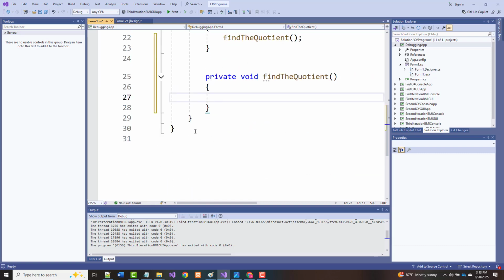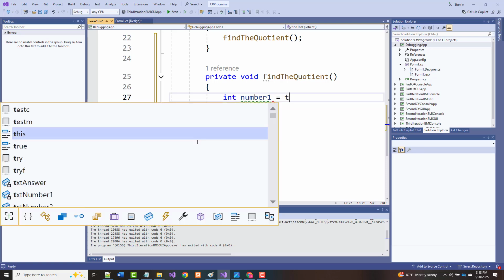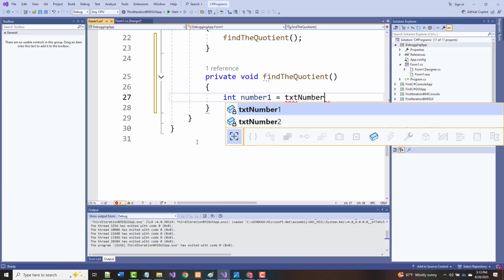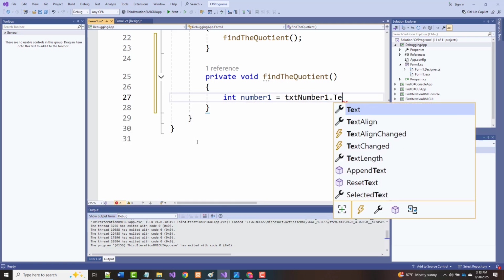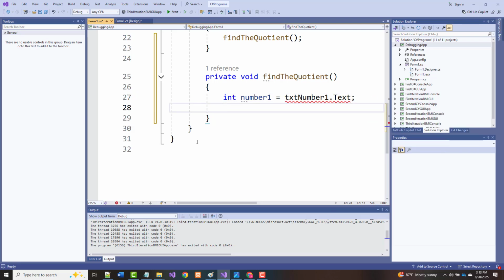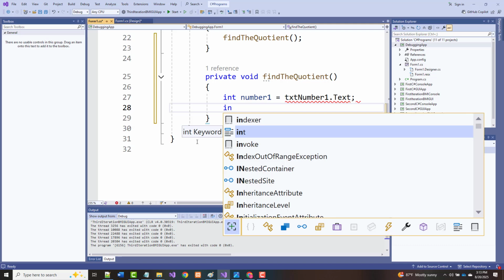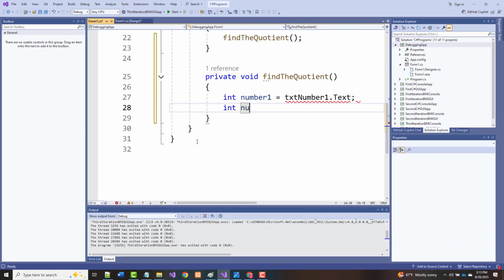So I'm going to say int number1 equals txt number1.text. We'll worry a little bit about actually putting in some error checking; for now, we're not going to do that. Int number2 equals,